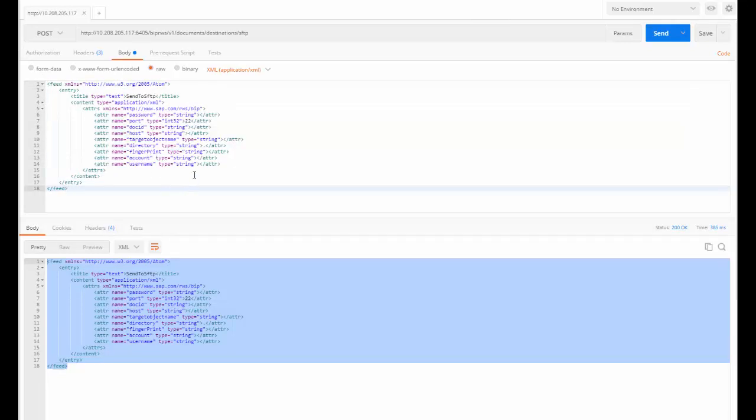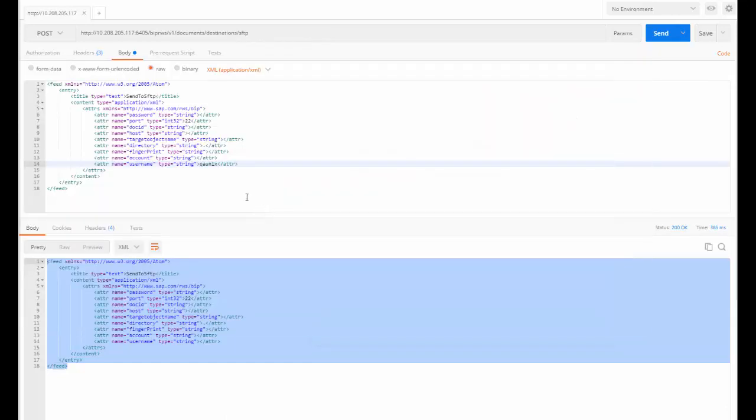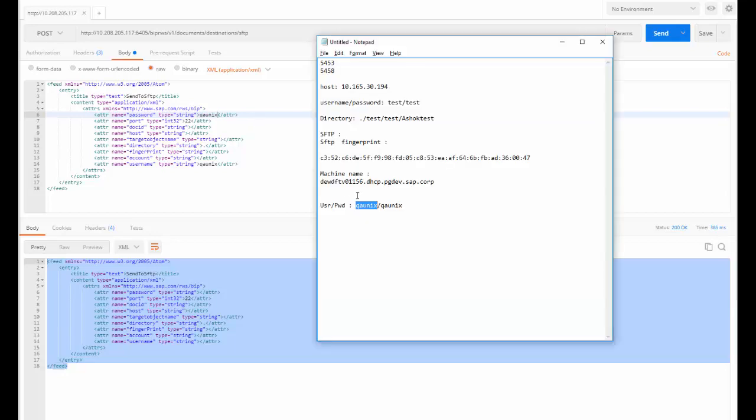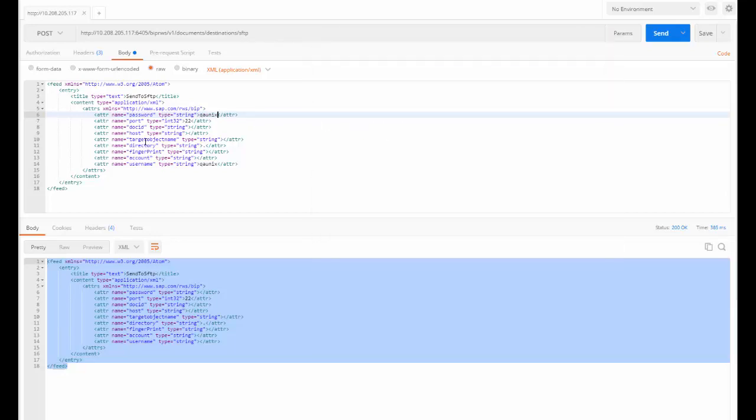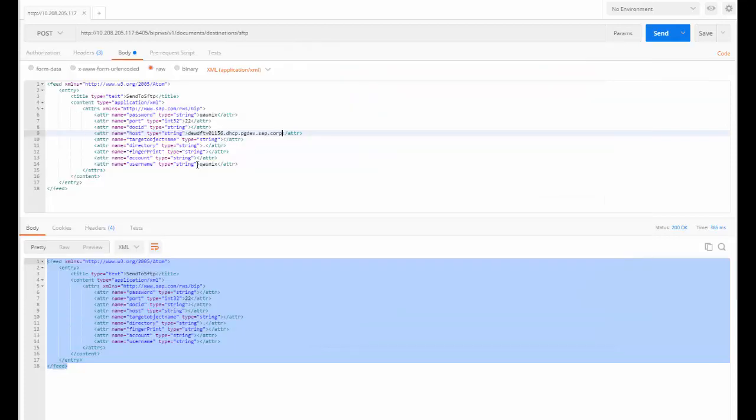And here we need to specify the values for attributes. The username and password for your SFTP machine. You could have it saved somewhere in a notepad. The machine name as the host. And your SFTP formatted fingerprint.